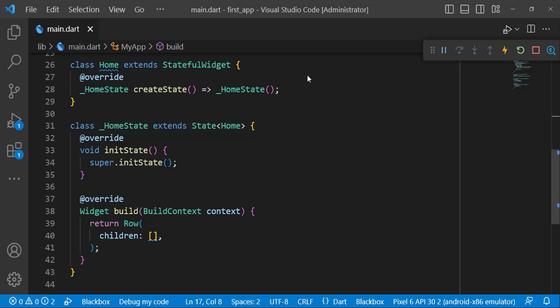What is animation controller? A special animation object to control the animation itself. It generates new values whenever the application is ready for a new frame. It supports linear-based animation and the value starts from 0.0 to 1.0.